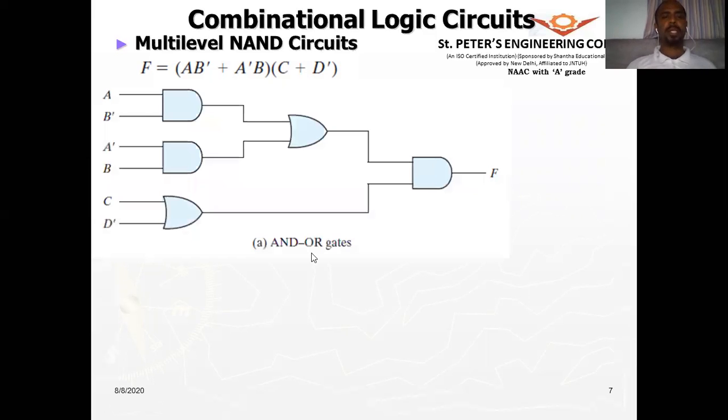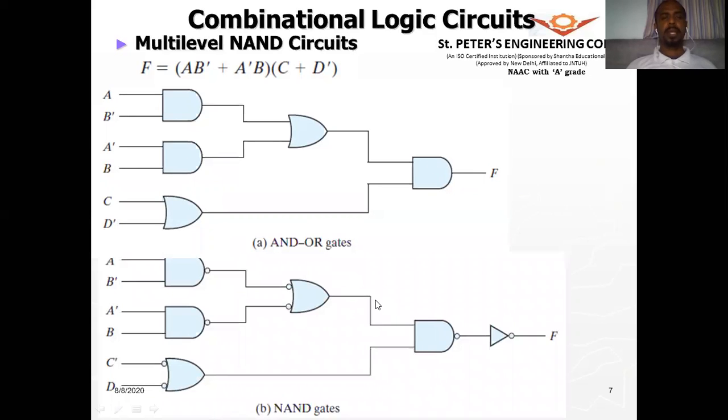So we have seen that NAND gates require multi-level inputs. So that means not just two inputs, but three inputs, four inputs, and so on. And here we have seen that we can use multiple levels. That means the output is available at the first level itself, or at the second level, and so on. Here the output is not available at the first stage, it is available at the second stage. And there also you need to complement and take the output. So we call this a multi-level NAND gate.